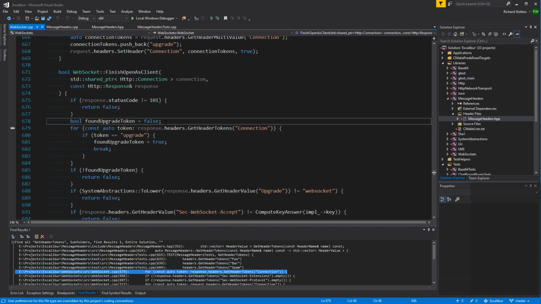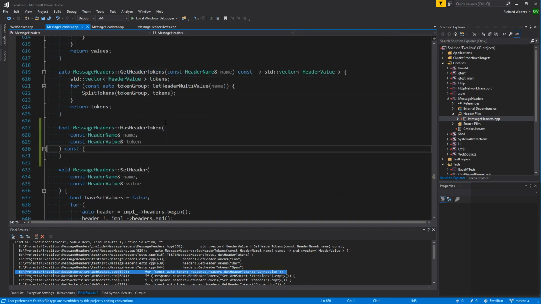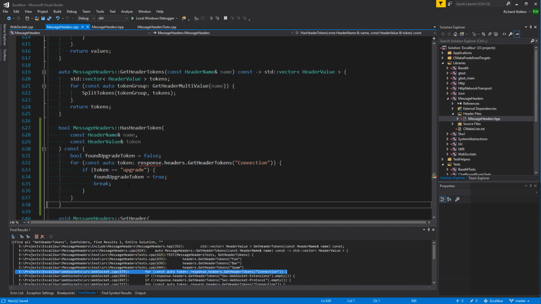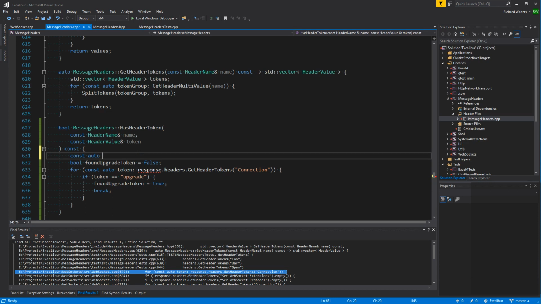It's a pattern that we'll see in a bunch of places. So let's first get a normalized token, just in case a token is given that's not normalized, like has some uppercase characters in it.